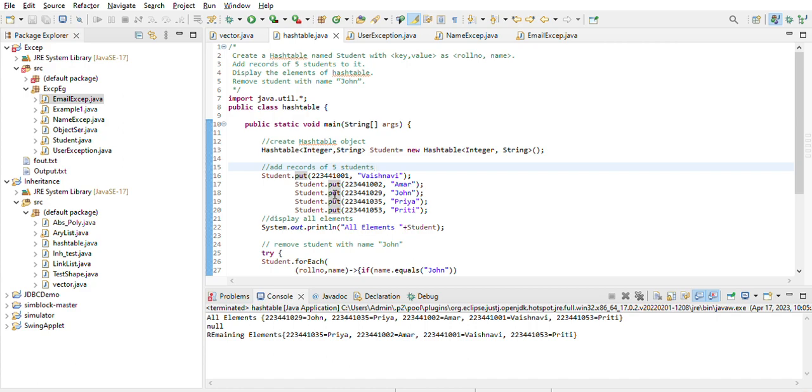Likewise add 5 different records, but remember that we have to delete the record with the name John, so at least one record has to be there with the student name as John. Then we have to display all the records, and with the help of system.out.println directly we can call the student hash table object. Then we have to remove the student with the name John, and for that we have